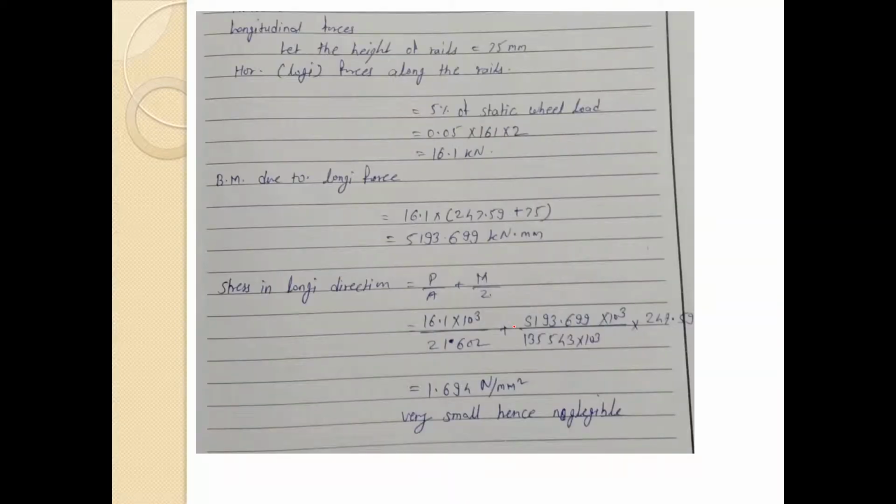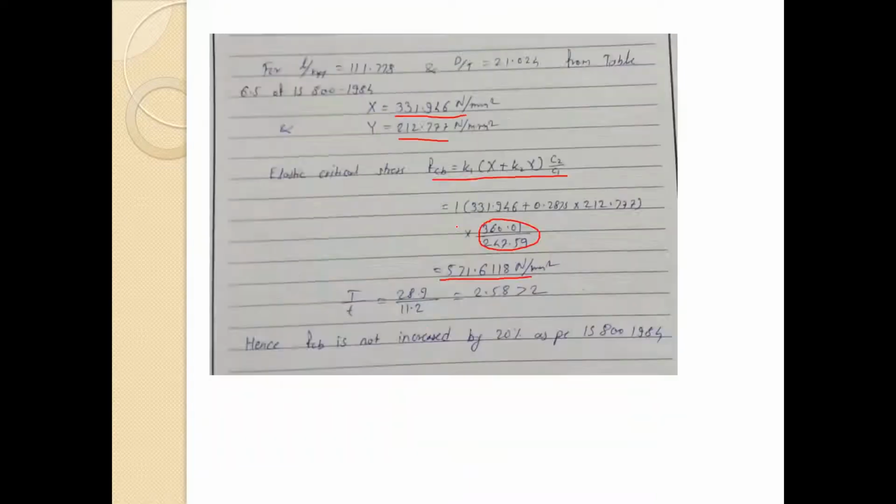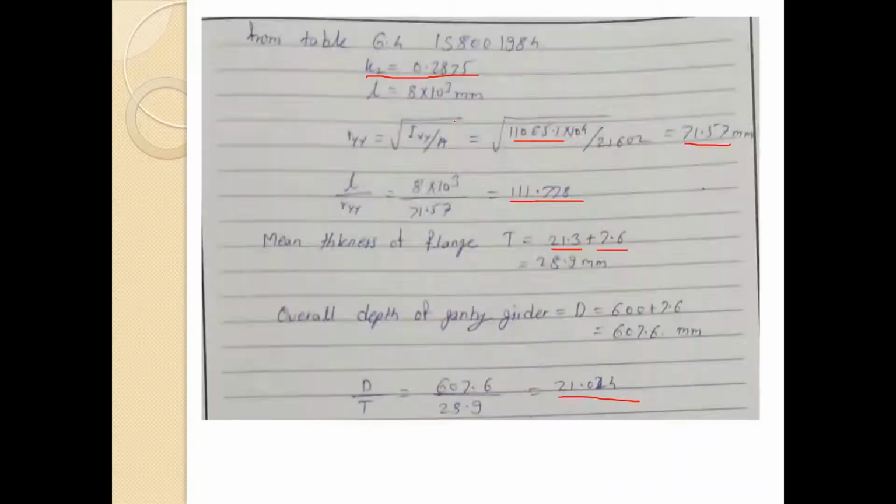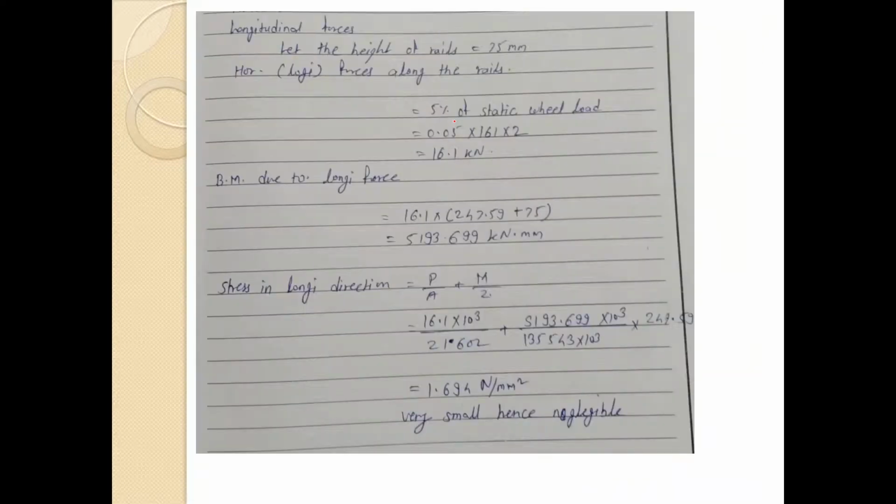So what we have here is wheel load 161 into 2, that is 16.1, that is 5%, and the bending moment due to longitudinal force, that is 16.1, that is this load, into 247, that is this distance from CG to top fiber, and we are adding the rails into it, that is 75. So we are getting the value, that is